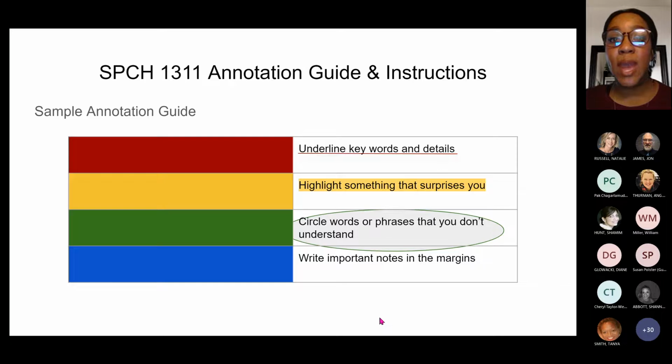So let's pretend you had a reading assignment. It's an article, and you post a PDF of that article in Canvas. First, you want to give students an annotation guide, and I've provided an example here. Super simple. Maybe you pick 4 colors. I have red, yellow, green, and blue. Red, you're going to underline any keywords and